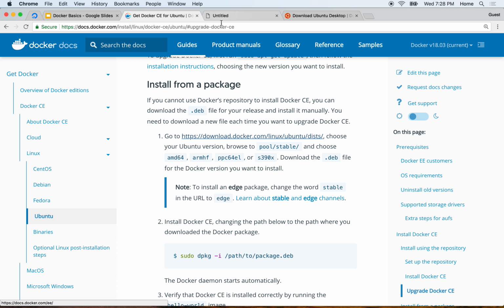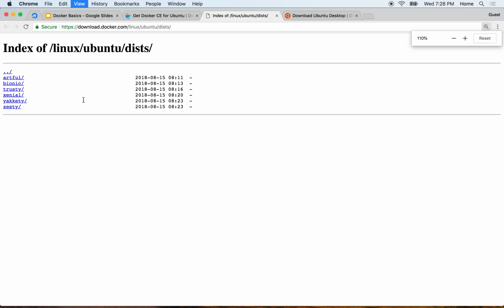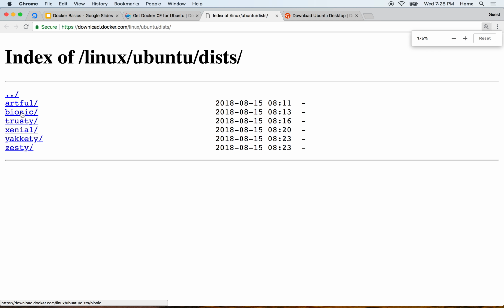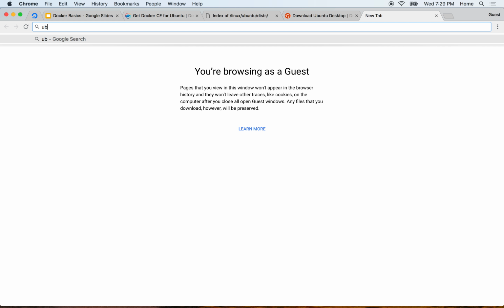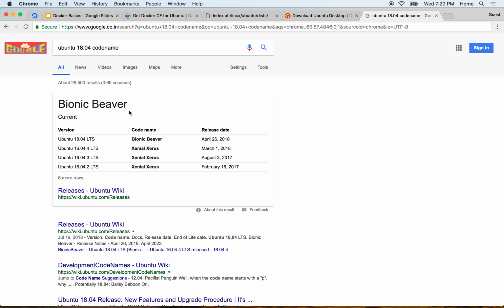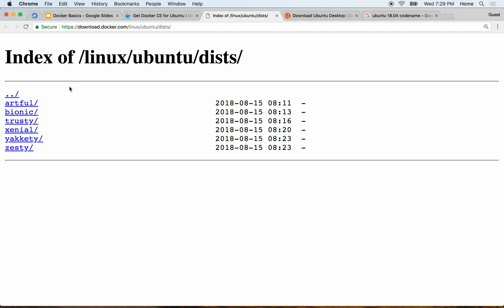So let's go to this URL, and we are here. Let me zoom in a bit. Now 18.04, the code name is Bionic. If you are not sure of the code name of your Ubuntu version, just Google Ubuntu 18.04 or whatever your version is, code name, and it says Bionic Beaver for 18.04. The 16 one was Xenial Xerus, and so on. So I'll choose Bionic,